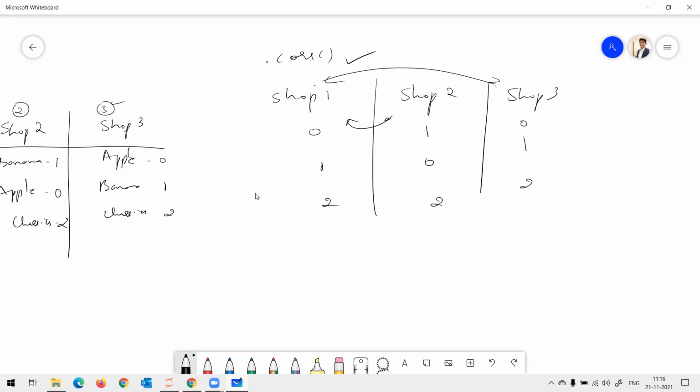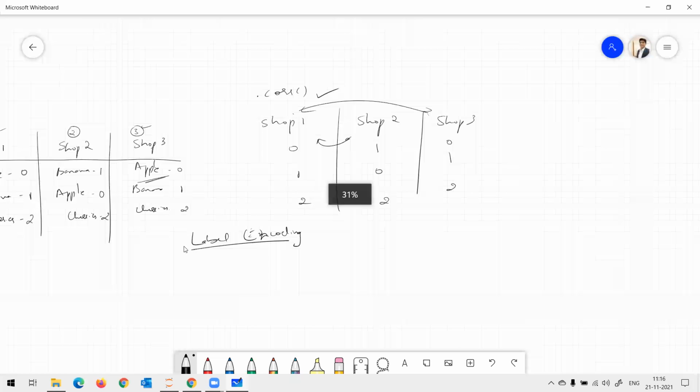So, introducing a small tweak by converting your textual data to numbers to find a correlation is called label encoding. Just remember label encoding. Okay. Now,